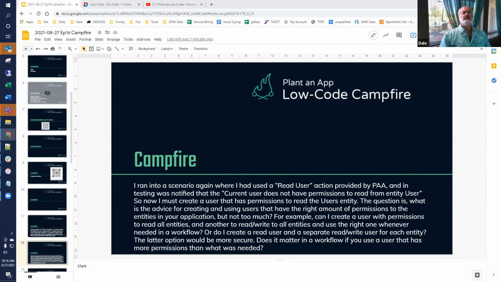Now, is there a case where we wouldn't have a context user? Yeah, like if an API called a workflow and the API was unrestricted, you might not have a user context yet, right? So there could be cases where you don't have a user. If you're using a scenario like that, a non-user scenario, you might have to check for it.